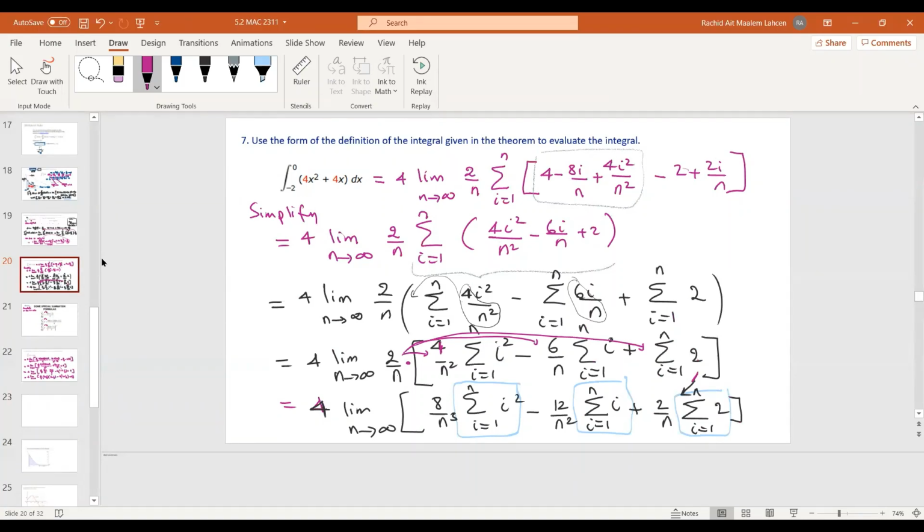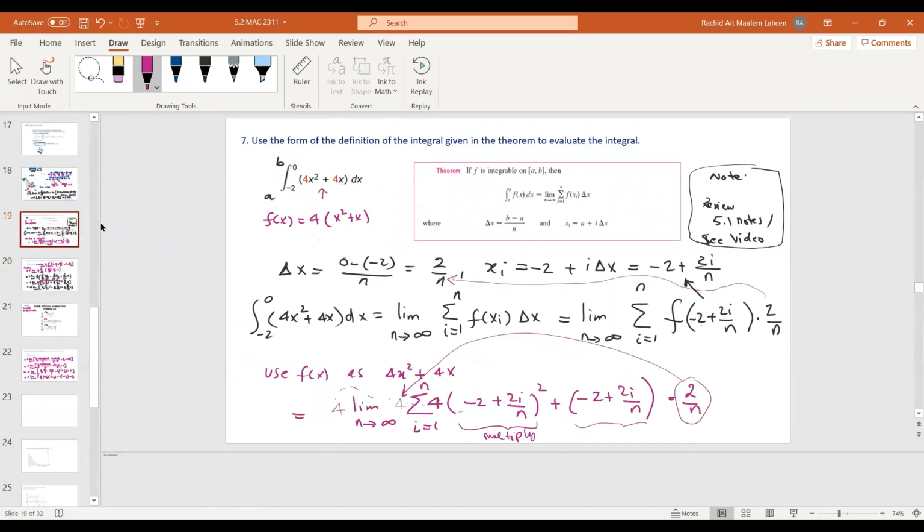You see this is the definition. So we needed delta x and we needed x i. We found them, then we replaced them into this. And we have f of x as this function. So once we replace, then we go into substitution. And once we have the substitution, because the 4 is just a multiple, it can go outside the sum